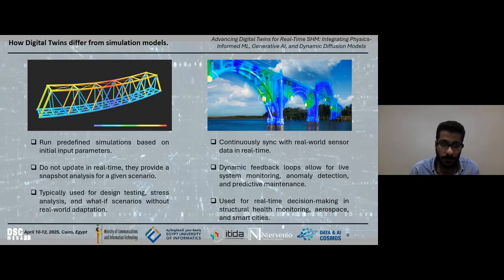Also, when something abnormal occurs, like a change in vibration mode or a sudden temperature gradient, it can raise a flag. This means that we are no longer waiting for cracks to appear. We are detecting changes in behavior that precede visible damage. However, traditional structural health monitoring still suffers from key limitations, like data scarcity and a lack of predictive capability, as I said, which rely on real-time communication or synchronization between two models.